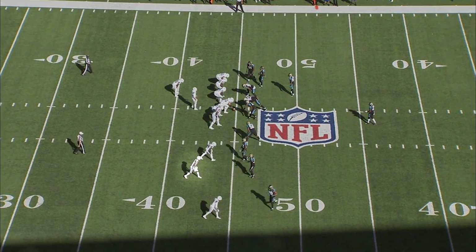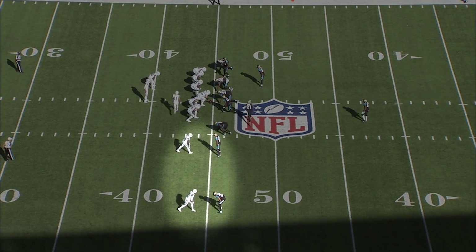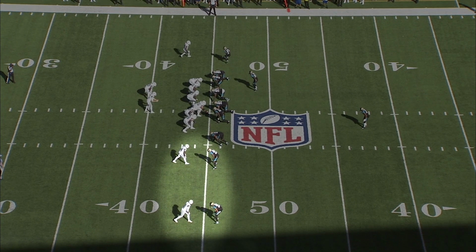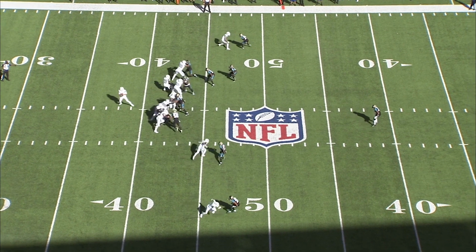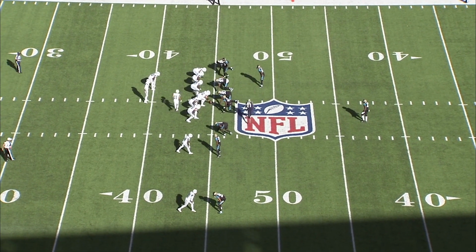Here's a little trick that they're using from an offensive coordinator perspective and from a veteran quarterback perspective. We talked about A.J. Green last week motioning to a 2-receiver set. This is also a 2-receiver set, but with press coverage that Jacksonville's playing across the board right here, this motion to the top of your screen doesn't allow the defensive back to get in his proper stance to get a good jam on the receiver, therefore allowing the wide receiver to the top to get a free release, get into